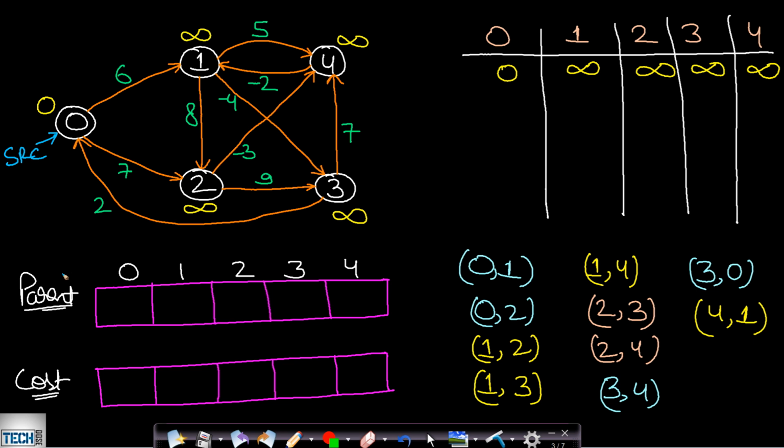Okay, now I will be taking a parent array which will keep track of the structure that is formed in order to represent the shortest path graph. And then I will be taking the cost array as well in order to keep track of the shortest cost, that is the minimum cost, to a given vertex starting from the source node. Okay, so that is why we will be using these 2 arrays. Now I have also written all the edges in the bottom right corner. So there are 10 edges in this case, and our vertices is 5. So we will be relaxing v minus 1 times, which equals 4.